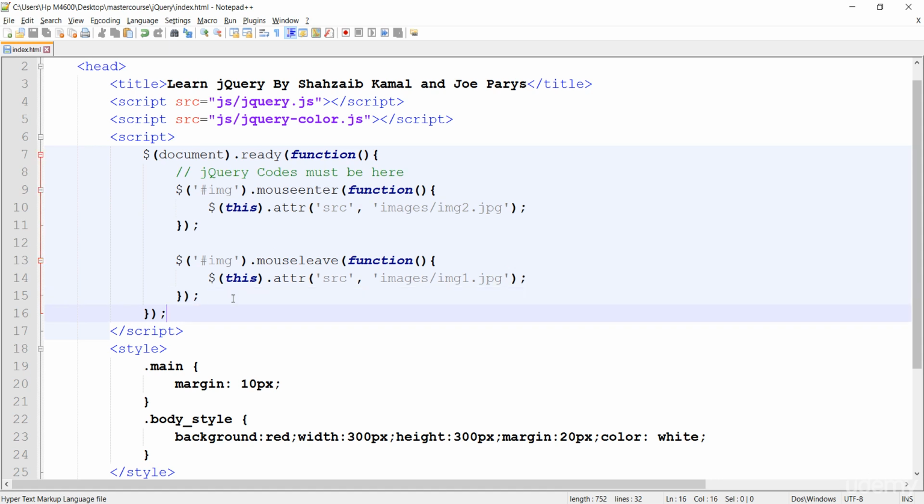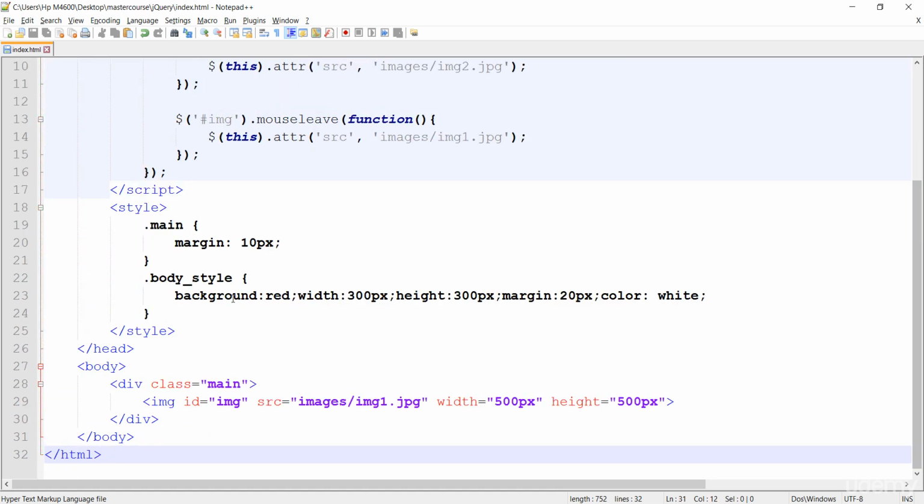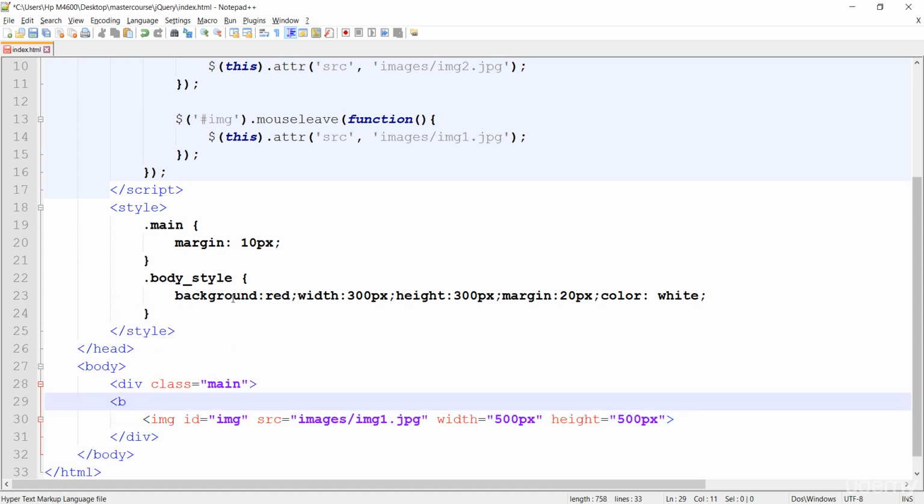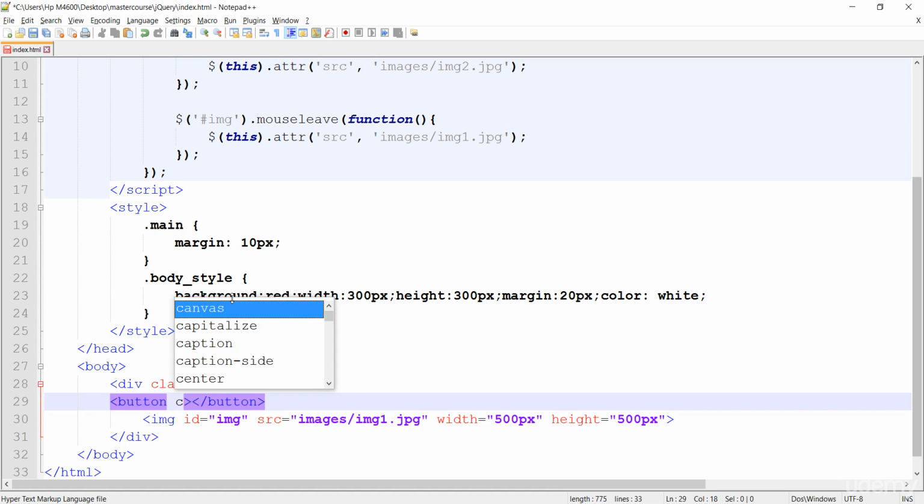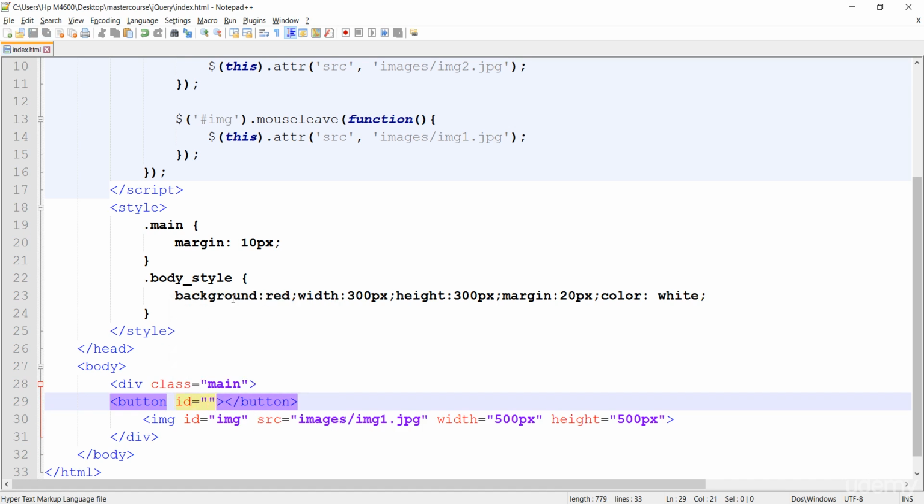I think we should create that too. So let's just go there, and before the image I'm just making a button. Actually I will need to make a lot of buttons here. I'm just going inside the button, and first of all the ID for the button, I'm adding it as bdn1 for now, and here I'm just typing click to get